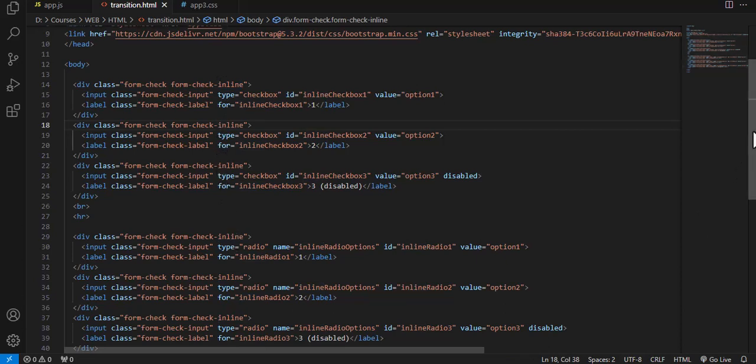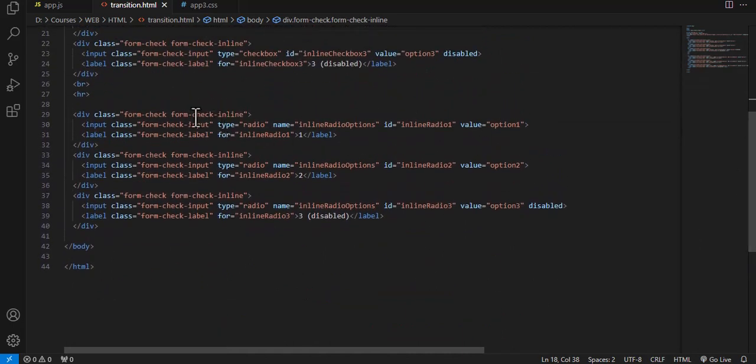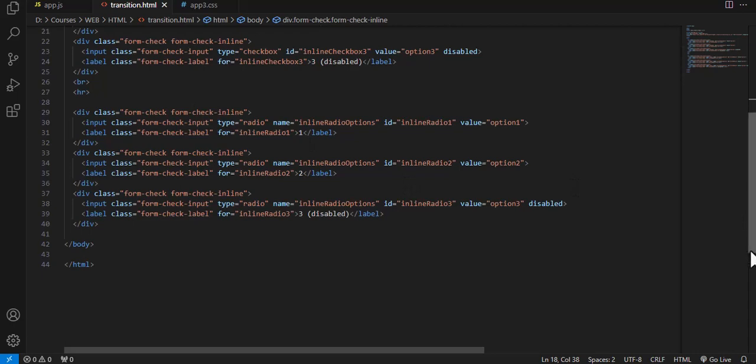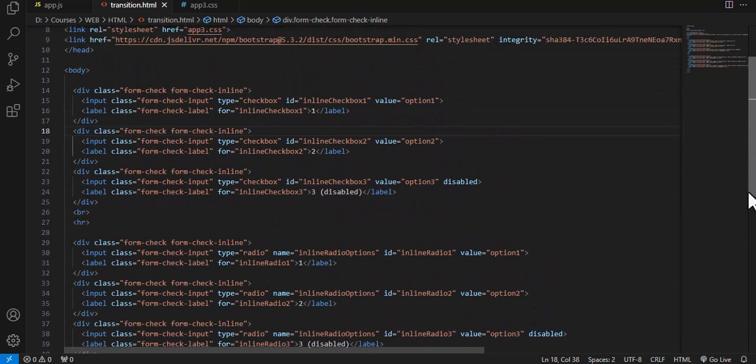Similarly, for radio buttons, we also take this. So here we have type radio instead of checkbox, and we have taken the same class form check inline, and form check input, but name here we must include. No need to include name in checkbox, but here name is necessary. Why? Because all of these radio buttons should belong to the same group,